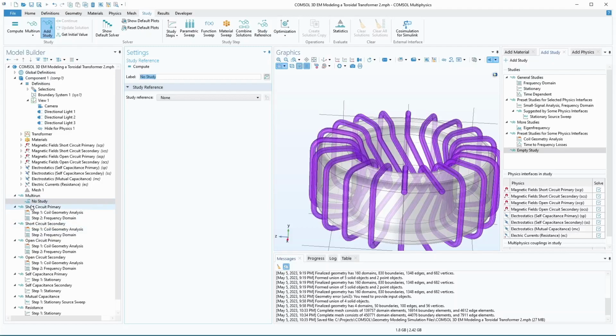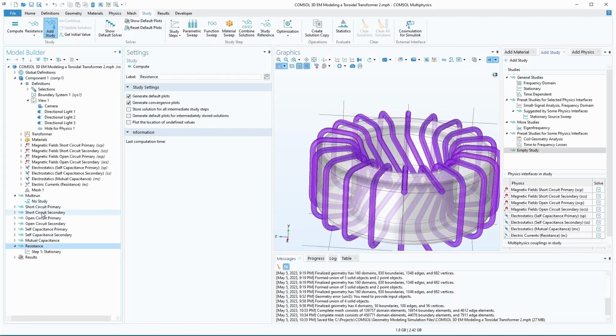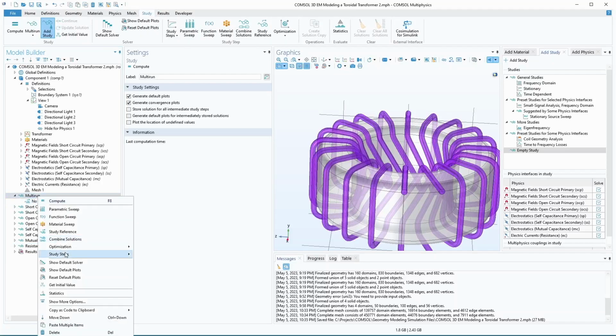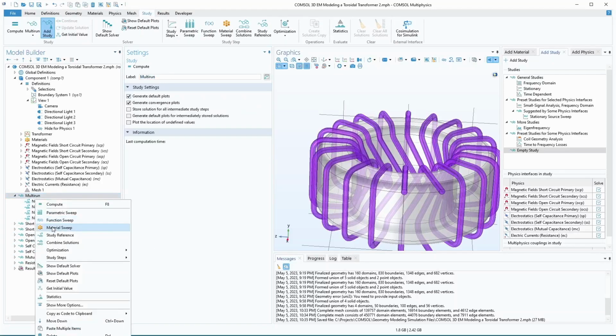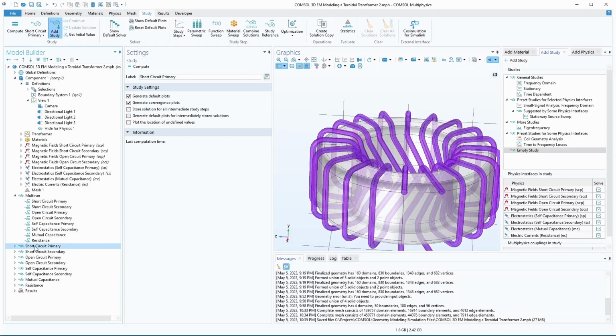So how many do we have here? We've got 1, 2, 3, 4, 5, 6, 7, 8. So now we can reference each one to one of these. So now we're going to start off running these one at a time, but if you get a few going,